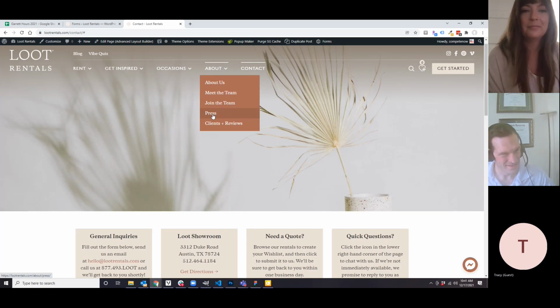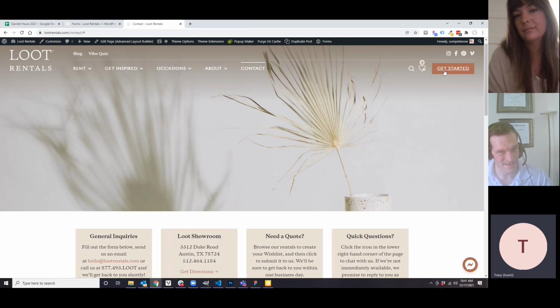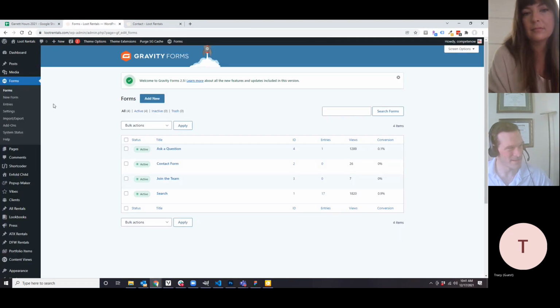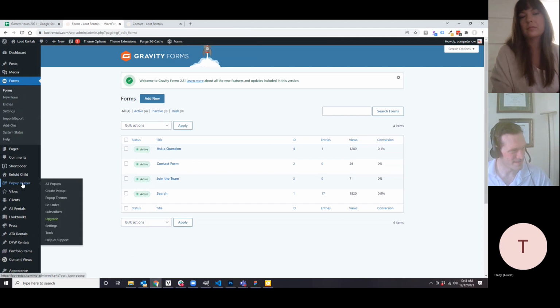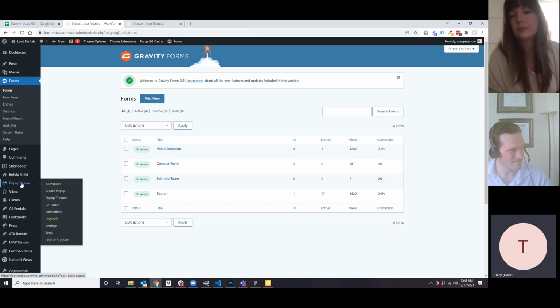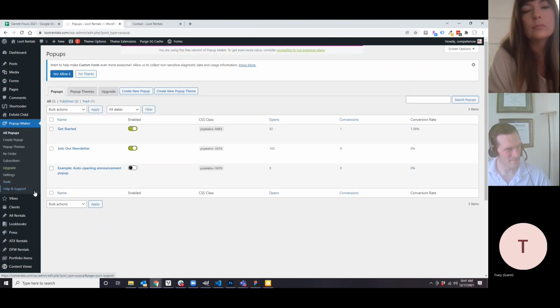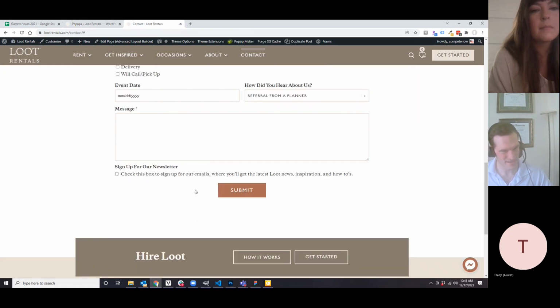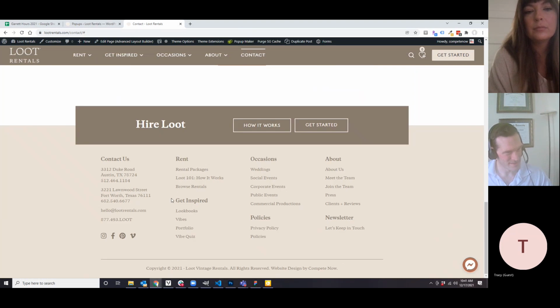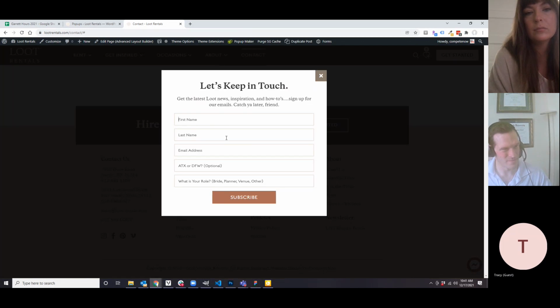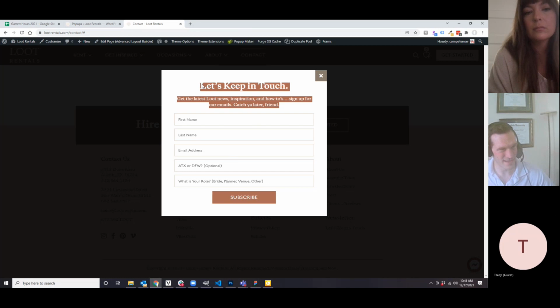So now we'll go to, I guess, quickly the pop-ups before we look into the post and press. The pop-ups are going to be under pop-up maker. So there's a couple of pop-ups. We have the join our newsletter and the get started. Join our newsletter will trigger automatically after they've been on the site for a little while. If they close it, then it'll go away, but they could also click this let's keep in touch and it'll open this pop-up. That's a Flowdesk form, but you can edit this text,